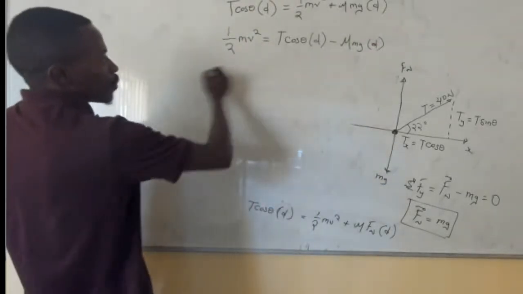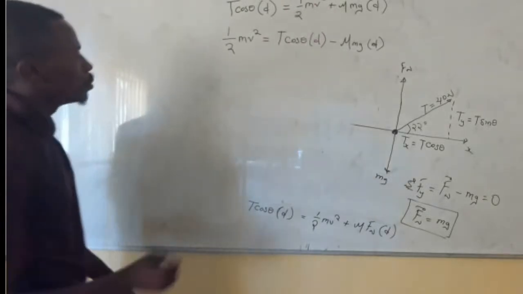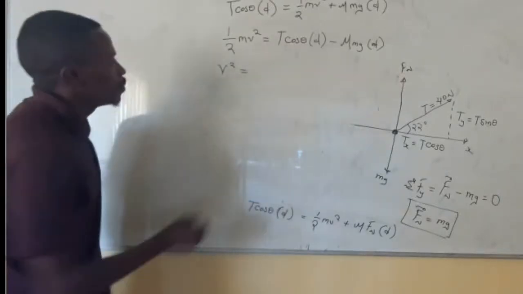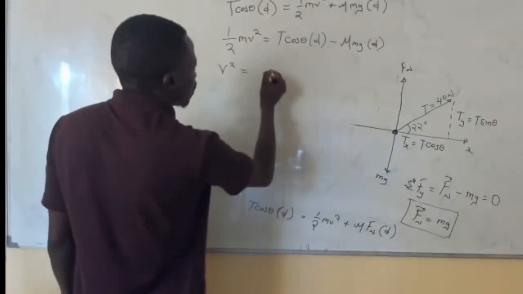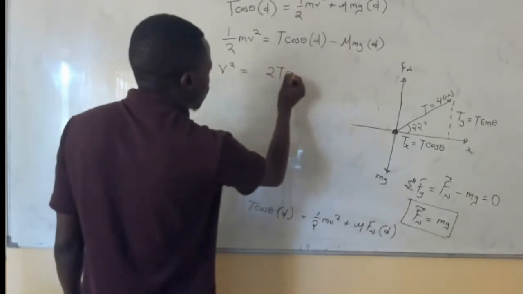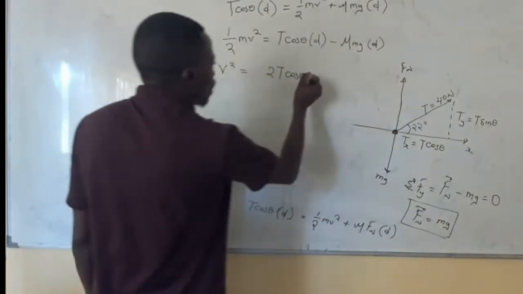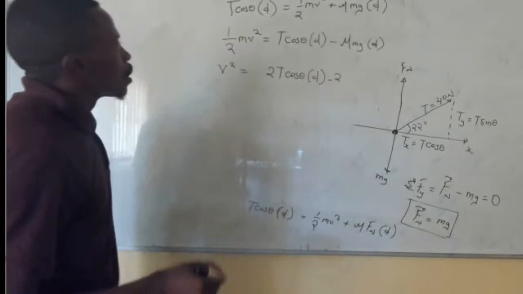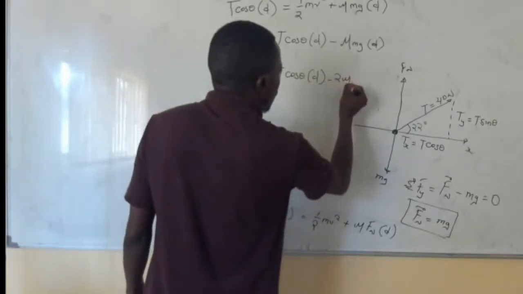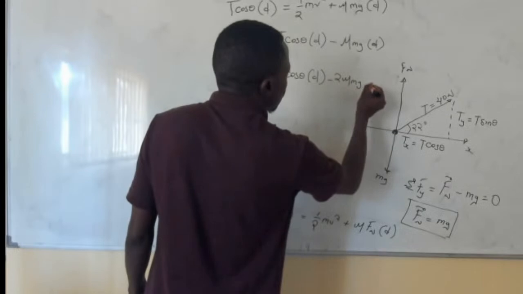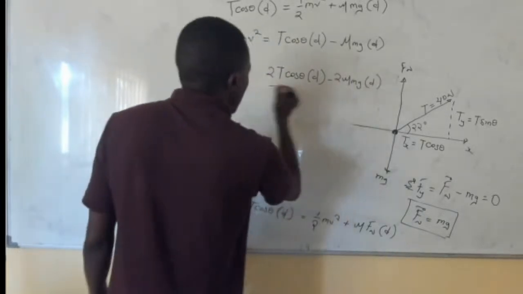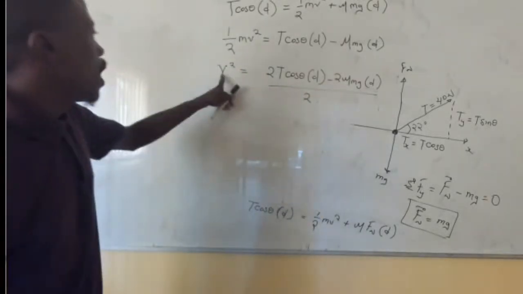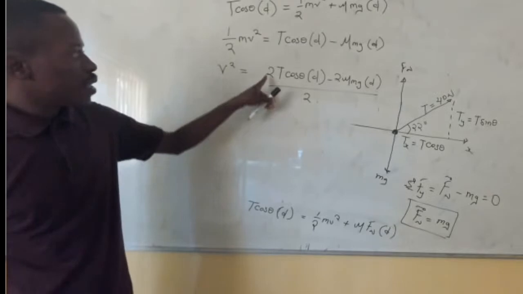Okay, so if I multiply throughout by 2 and divide everything by m, I'll have v squared is equal to 2T cos theta multiplied by d minus 2 mu mg multiplied by d, everything divided by 2. So at this stage, I know what my v is, and I've been given all the parameters, so I just